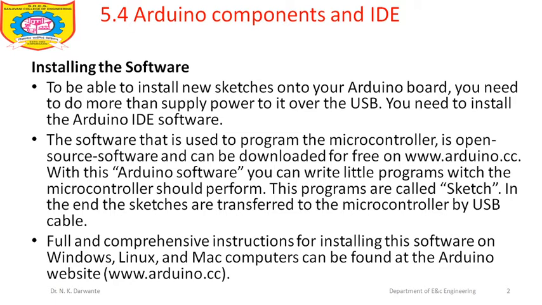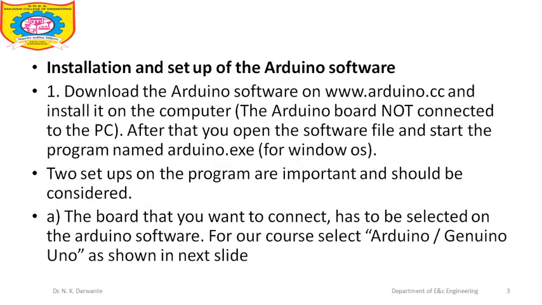www.arduino.cc. Now how to install, for that purpose also I am giving the guidelines, but if you need a more detailed explanation, you can also refer to the same website. On the website they have also given the procedure how to download and install this software on your PC with the different operating systems. Now normally we are using Windows, but some developers go for Linux or Mac. For them also different versions of Arduino IDE are available. Okay. Now I will tell you how to install and set up the Arduino software for the Windows operating system.